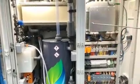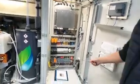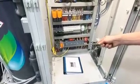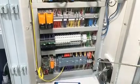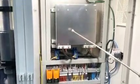Now, if we move over to the electrical cabinet, we have our PLC stack. We have our VFD to control the booster pump. We have our contactors, our circuit breaker line, and we have our power supplies for our 2 fans. And this is the heart of the...